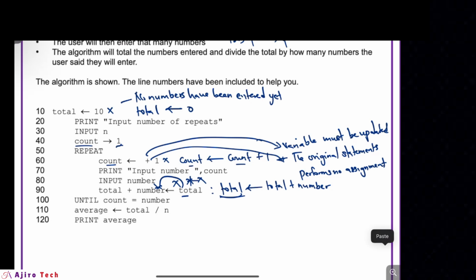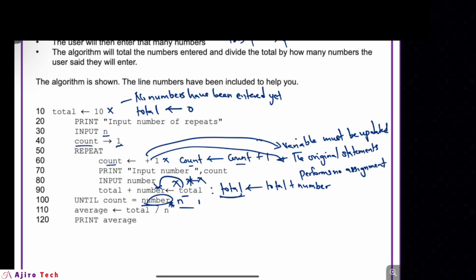We have other ones here. Let me see. We have until count equals number. It's wrong. Why? You said input n, we didn't say input number, right? Because n stores the number of values entered. So why will you put that instead? You replace this number with n, because you are dividing it. There's no number. Nothing has been assigned, right? That's the reason why we said this is wrong.